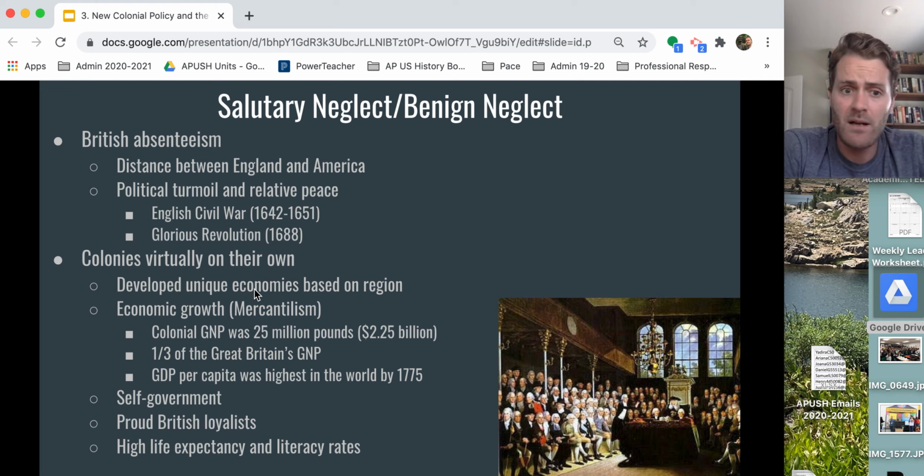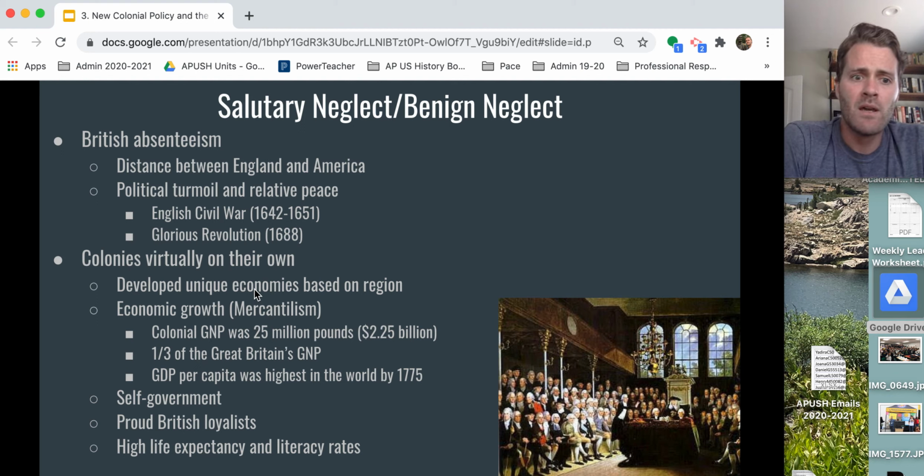By 1750, the colonies account for 1/3 of all of Great Britain's gross national product, meaning that of all the economic equation of the British Empire, 1/3 of it is accounted for by the British North American colonies, the 13 colonies that we've been discussing all this time. So, that's a big chunk of the pie, economically speaking, in terms of what the colonies are contributing to the empire. They may not be paying taxes directly to England because that's the policy, but they're still contributing a ton of economic value into the British system.